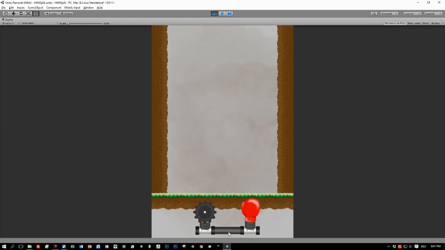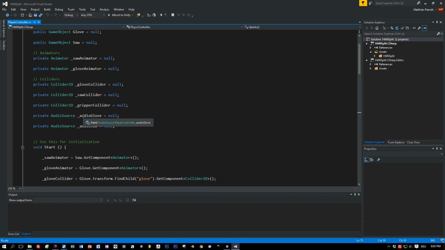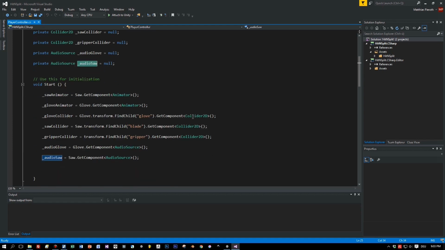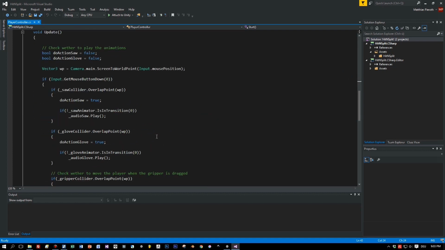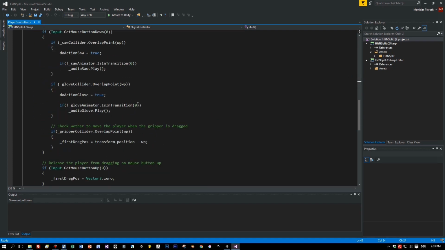Okay, now let's have a look at the script. Script is also very easy. I have two member variables for the audio sources, one audio source for the saw and one for the glove. I save this here or store this in my variables in the start method. I get the component audio source from the glove object and from the saw, and in the update, when the